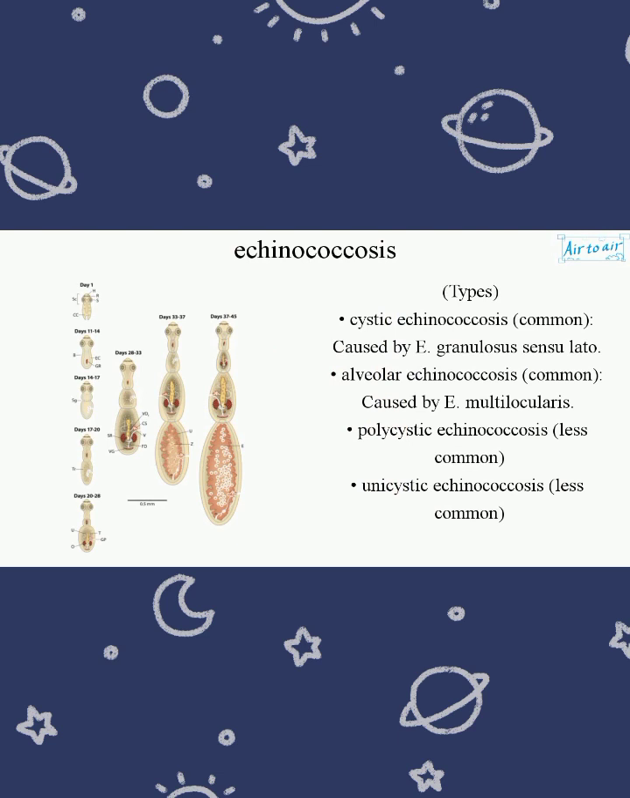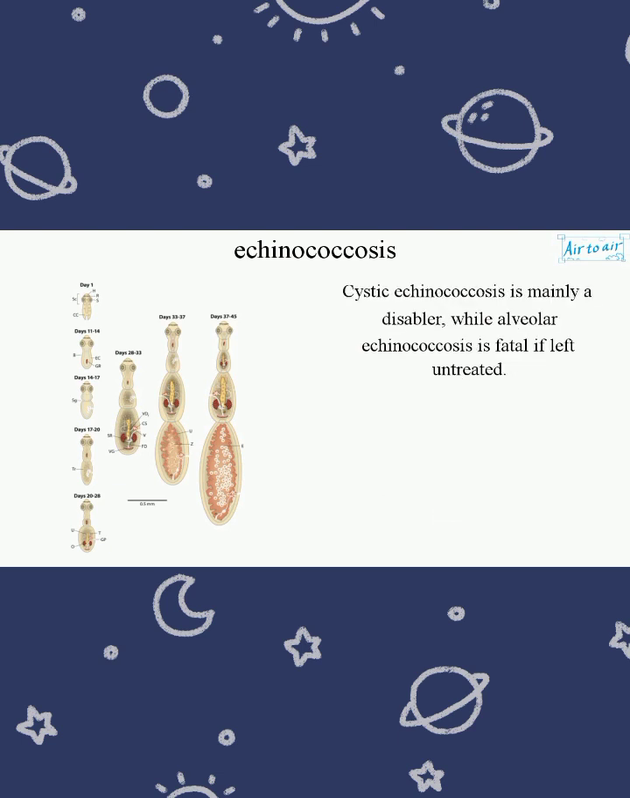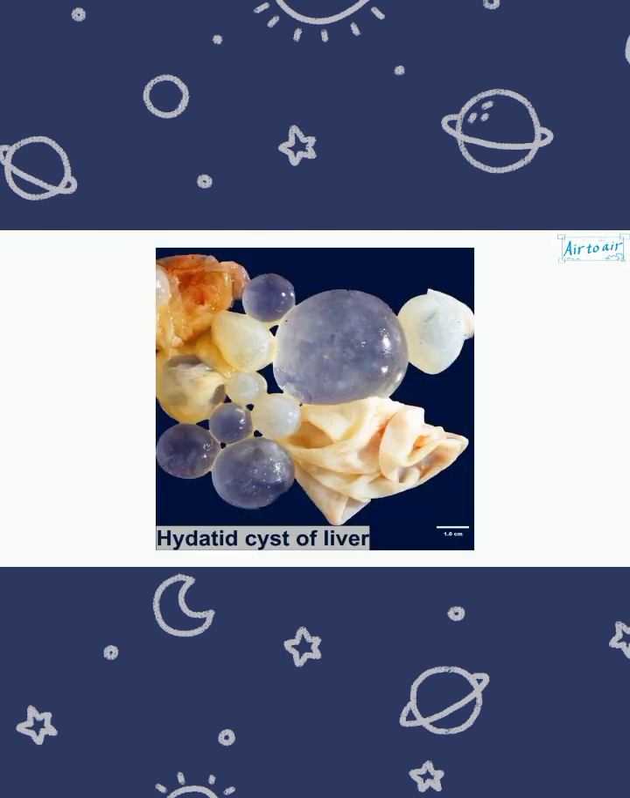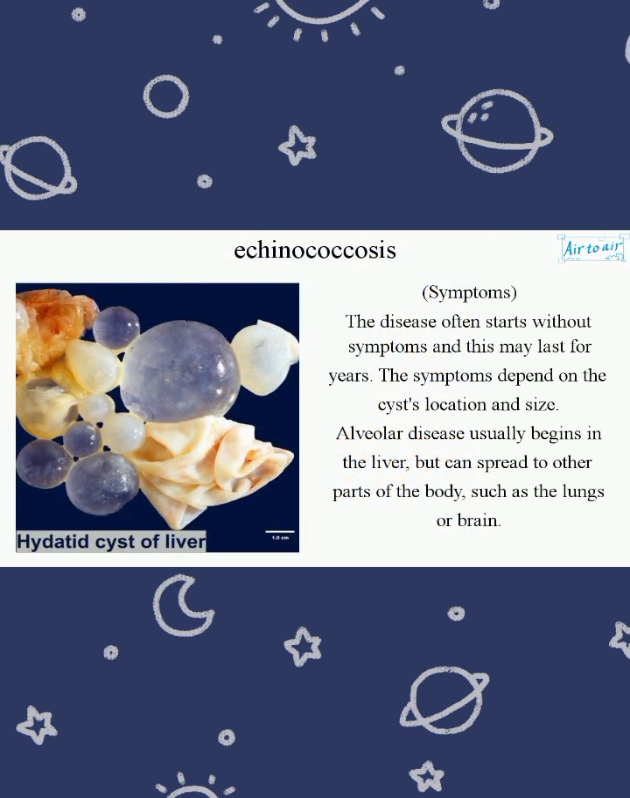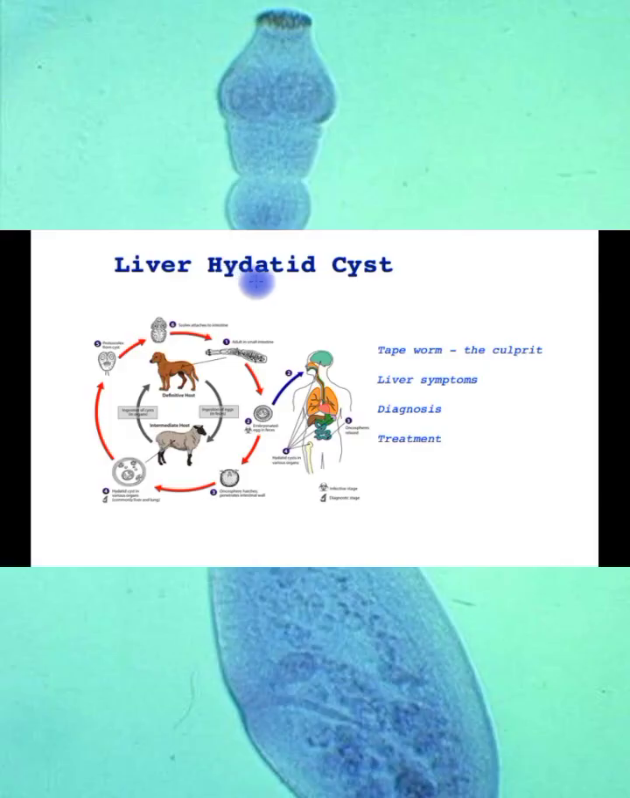Types: cystic echinococcosis, common, caused by E. granulosus sensu lato. Alveolar echinococcosis, common, caused by E. multilocularis. Polycystic echinococcosis, less common. Unicystic echinococcosis, less common. Cystic echinococcosis is mainly a disabler, while alveolar echinococcosis is fatal if left untreated. Symptoms: the disease often starts without